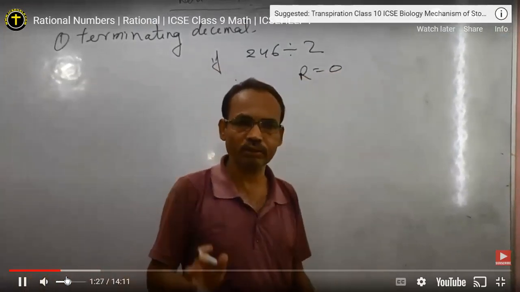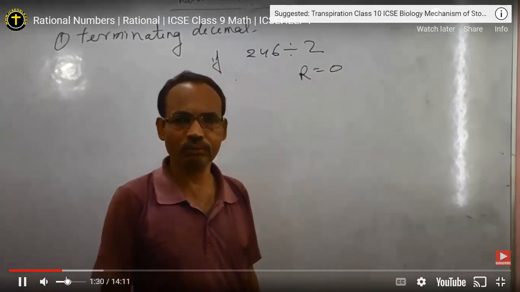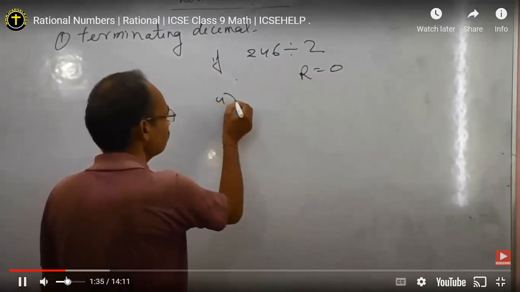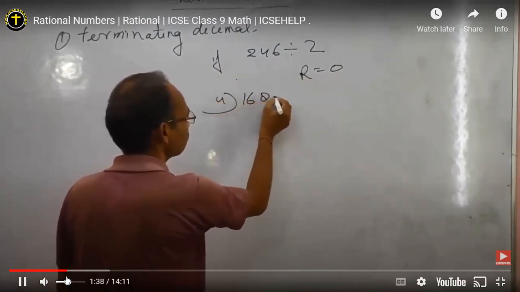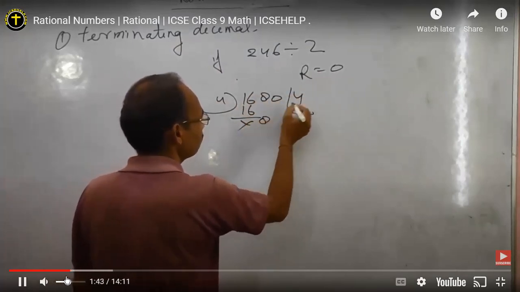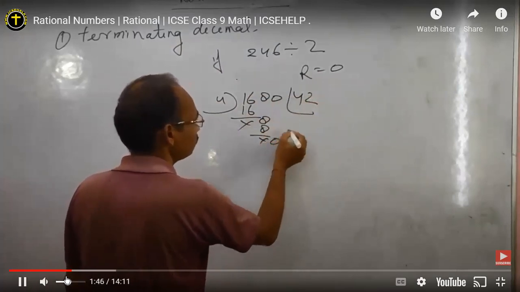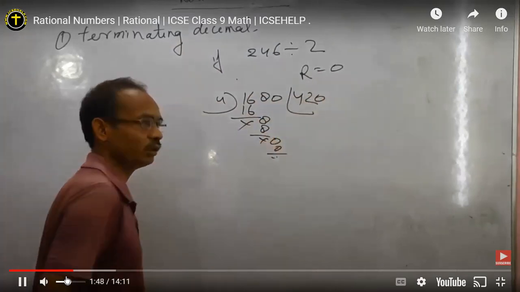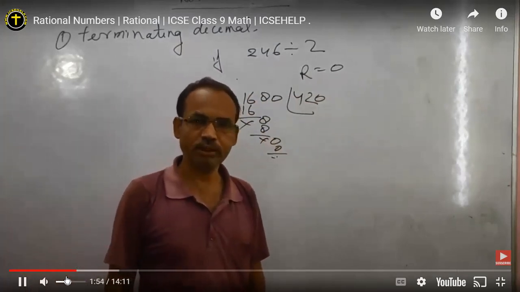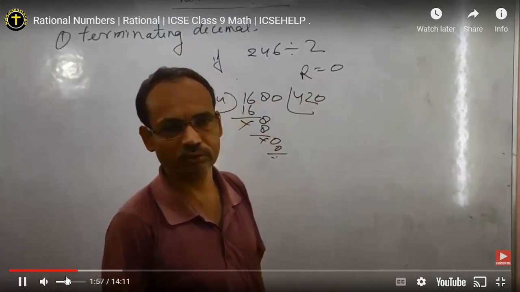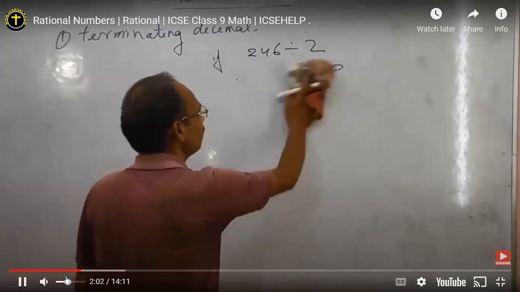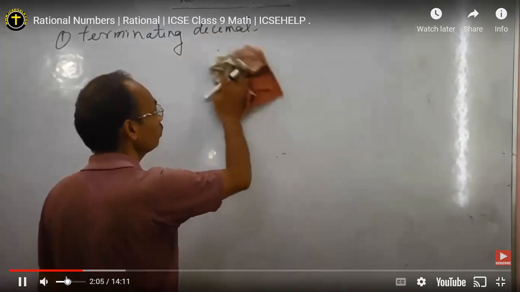If there is no remainder left in any number, then it is known as a terminating decimal. 16, 8 are also terminating decimals. Hence, the terminating decimal is very easy. If no remainder is left, then it is known as a terminating decimal. But there are some other types of decimal in which no remainder is